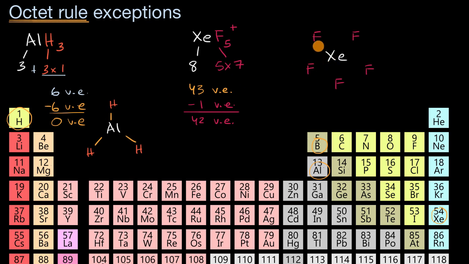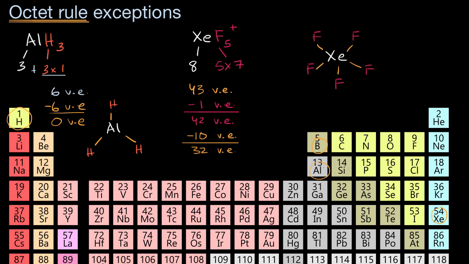And now let me make 5 covalent bonds. 1, 2, 3, 4, 5. So just like that, I have accounted for 10 valence electrons because you have 2 valence electrons in each of these covalent bonds. 2, 4, 6, 8, 10. So let me subtract 10 valence electrons. And then we are left with 32 valence electrons. Now the next step is to try to allocate some more of these valence electrons to the terminal atoms